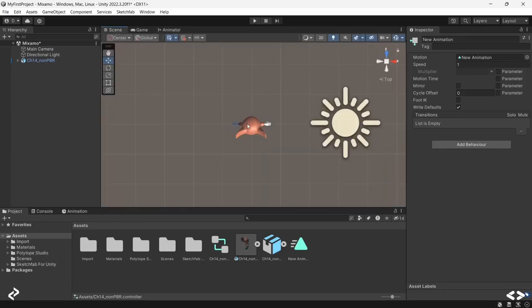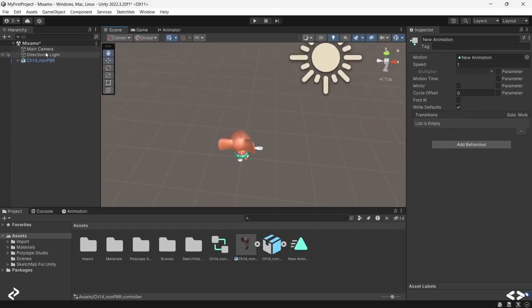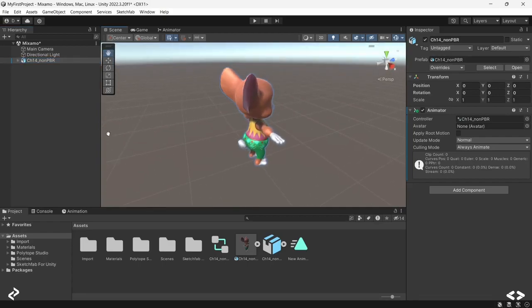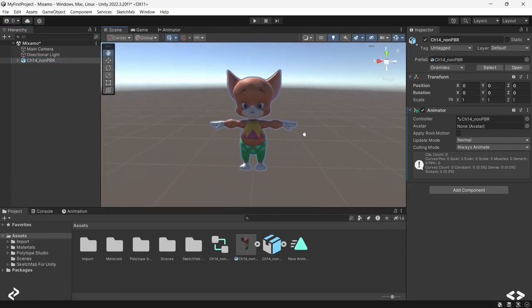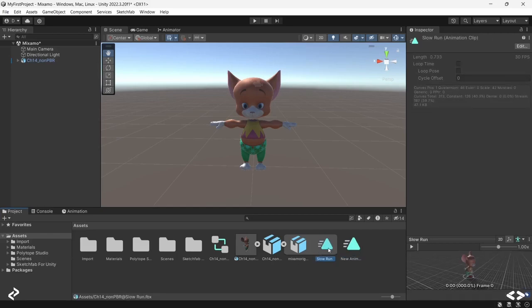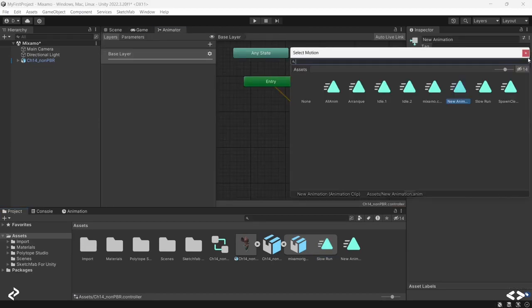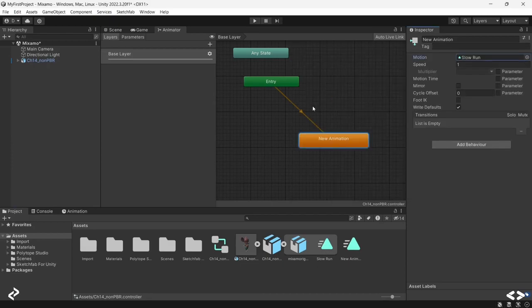Now that that is clear, let's try to get the previous animation that we had got from Mixamo. So we have a controller for the particular character, and we have an animation over here. Just click on this arrow here, and you can see the same symbol you're seeing here. This is your animation clip. What you have to do now is go over to your animator, and instead of new animation over here, you can click on slow run. This is the one that we want. So slow run,